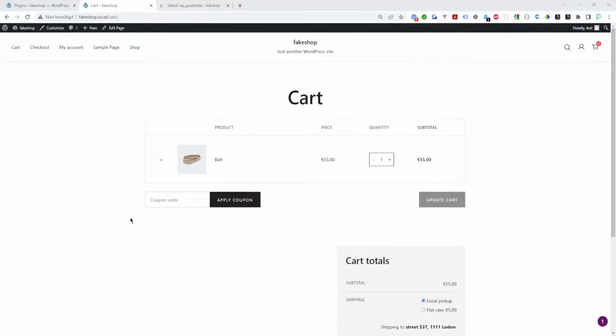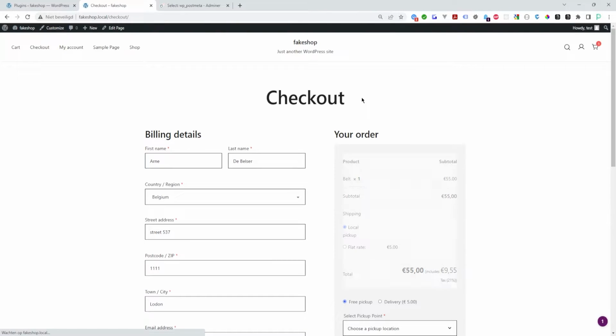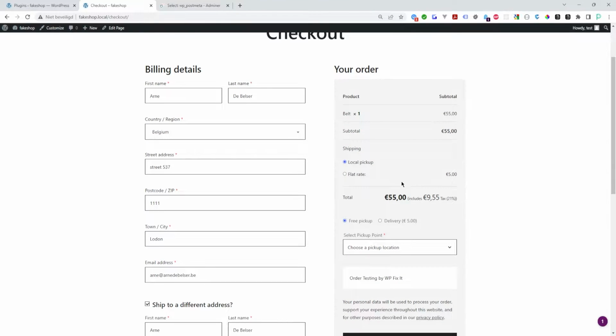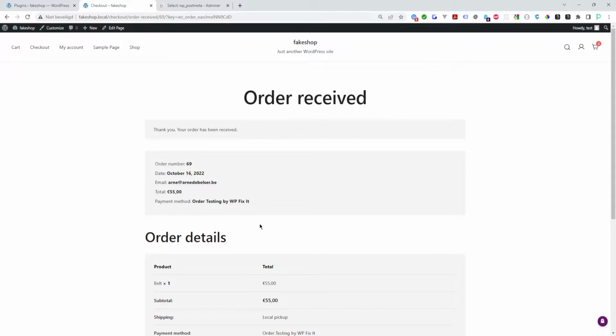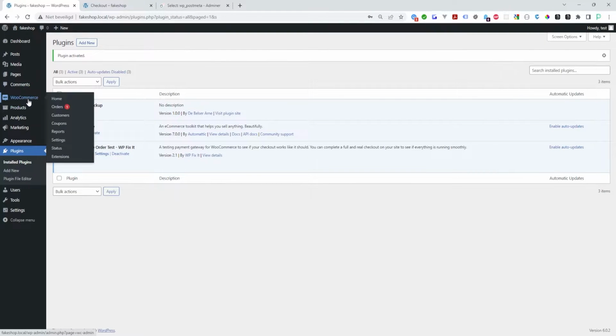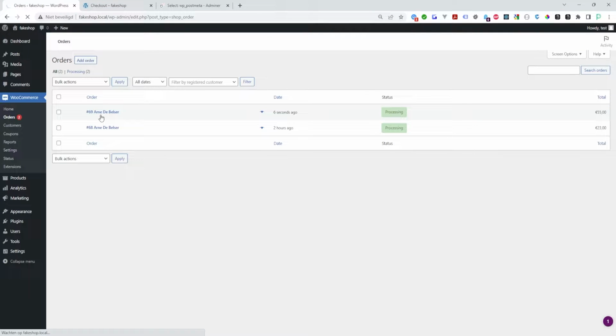Alright, so we've come a long way and a lot of our plugin is done, but we still have a lot more to do. Right now, if we go to our checkout, there's no validation or any method options being saved here. So right now, when I enter this and I'm not choosing a pickup location, I'm not getting any errors. I'm able to make the order, and when I look at the order, you will see that none of the